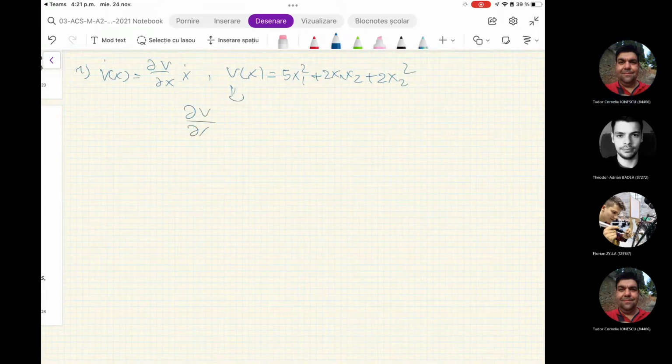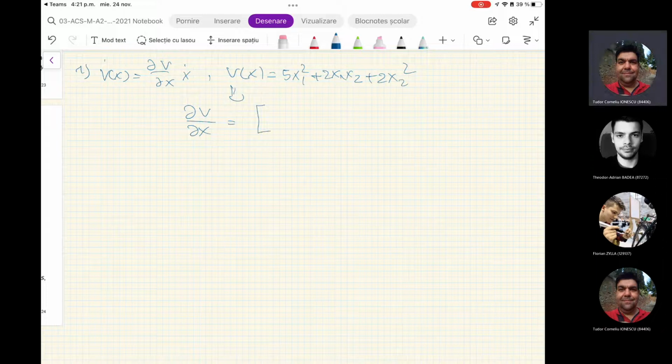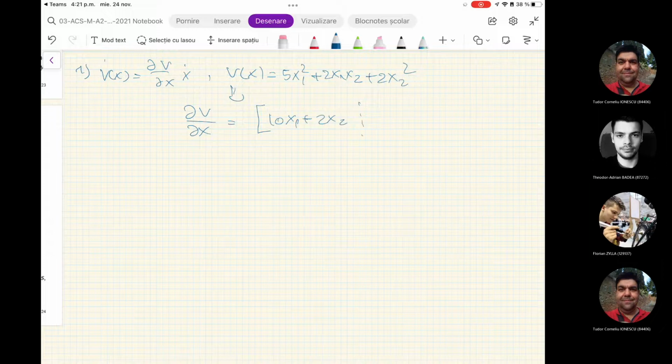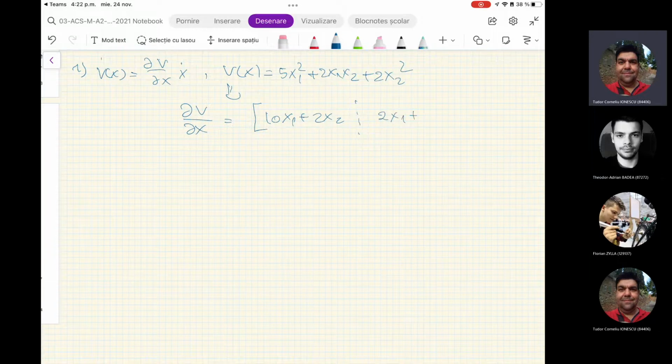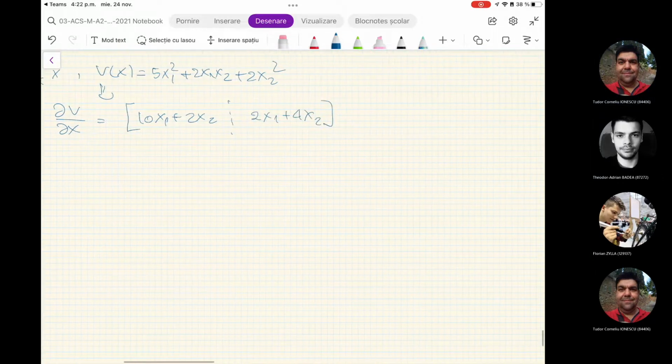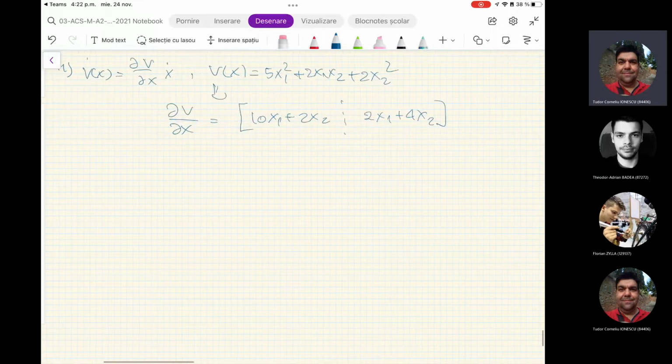Okay, so this means that dV/dx is, this is the gradient, so it's a vector: 10x1 plus 2x2, and then 2x1 plus 4x2. Okay, and hence